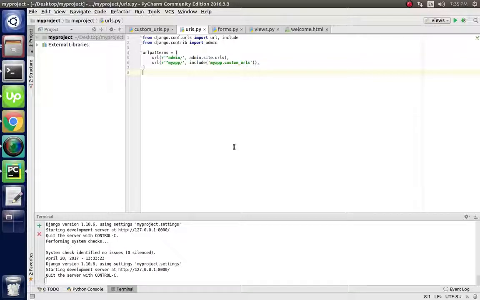With the help of Django you can make your website very fast and it supports rapid development. Now I am going to show you the simplest program of Django, how you will implement it to make your website.